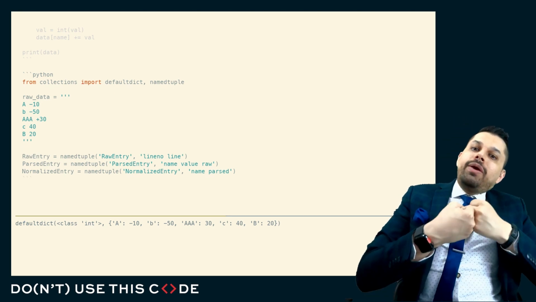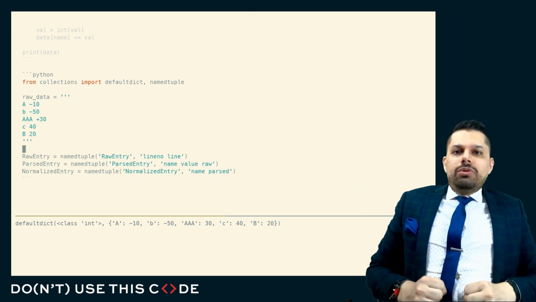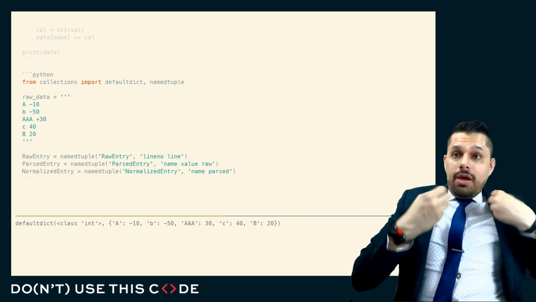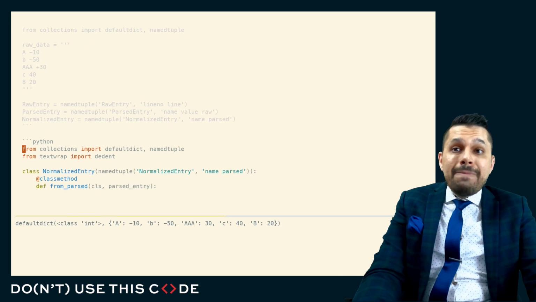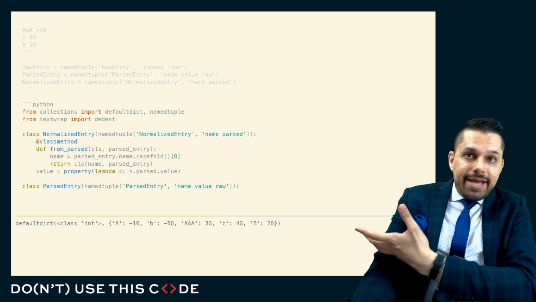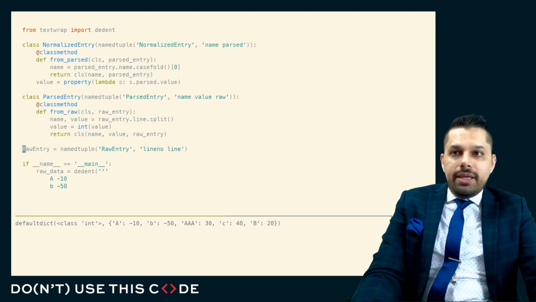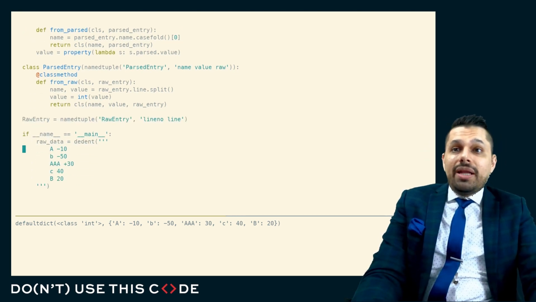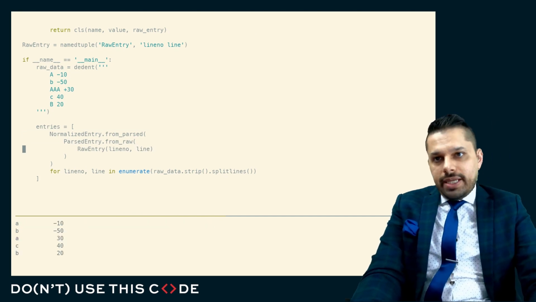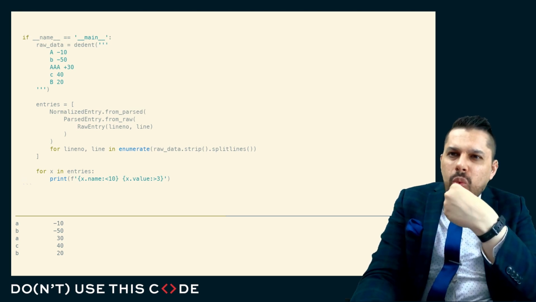At each step along the way, because Python's garbage collector makes it very easy for us to allocate new objects and for these objects to be deallocated when they're no longer in use, we can track these together. What we might end up doing in the pure Python case is have this normalized entity constructible via a class method from the parsed entity, the parsed entity constructible via a class method from the raw entity, and the raw entity, well, you just need the line number of the line. And when you actually parse this data, you take the raw entity and construct a parsed entity and construct a normalized entity from this, so that when somebody says, I am really unsure why this line looks the way it is,